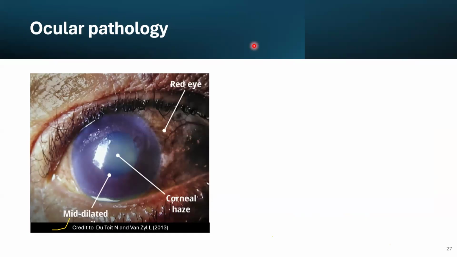Another patient coming to the emergency room with acute, painful, decreased vision with headache, nausea, and vomiting. The eye is red, the pupil is mid-dilated, and the cornea is hazy. What do you need to check in the emergency room? IOP, excellent. We need to make sure the IOP is high, like 45. So this is an acute angle closure glaucoma.